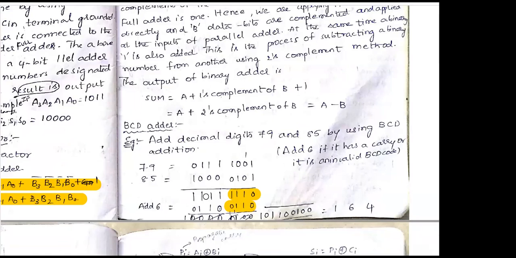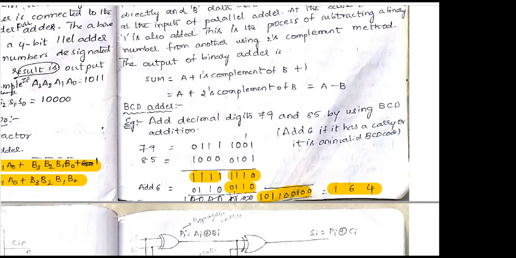Again, by performing this addition, here also, first 4 bits, second 4 bits, the sum is greater than 9. Therefore, we are adding 6 and 6 now. Now perform the addition of these numbers, and this number will be converted into BCD. While checking the answer, we need to group every 4 bits, counting from the LSB. Then the sum will be converted into BCD number. That is, add 6 if it has a carry, or if it is an invalid BCD code. If the sum is greater than 9, or if you are getting a carry from this stage to this stage, then we need to make a correction of 6. Okay,